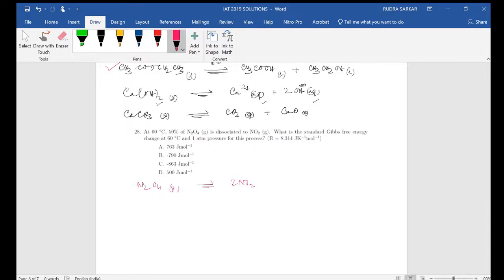What is the standard Gibbs free energy change at 60 degrees centigrade and 1 atmospheric pressure for this process? We have to find out. They are saying 50% of this, right? That means if it is given initially 1 atm and this is 0 at equilibrium,